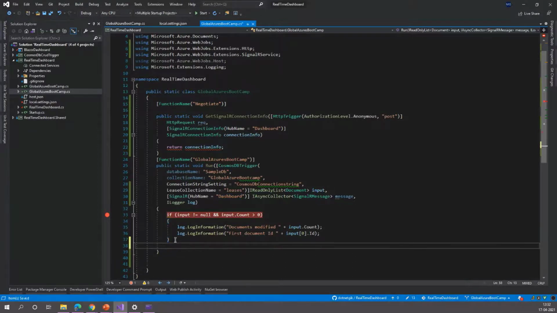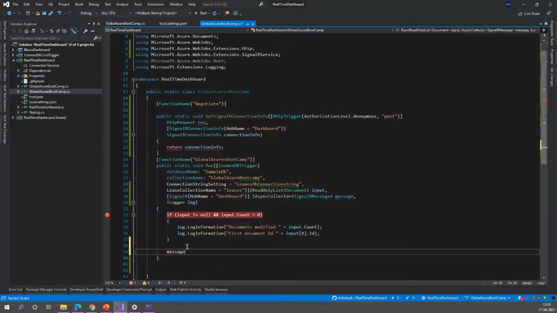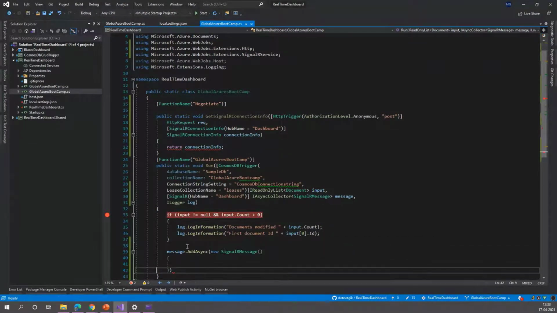Again, here we need to add one SignalRMessage with the target.